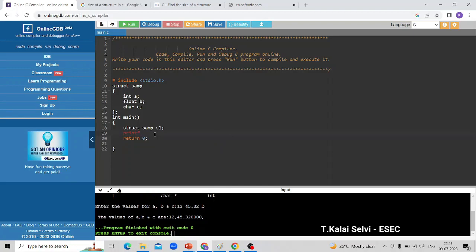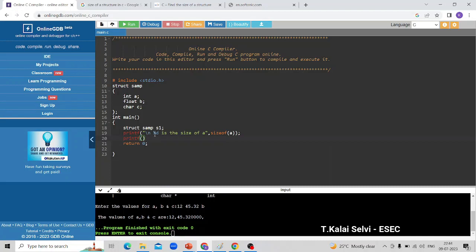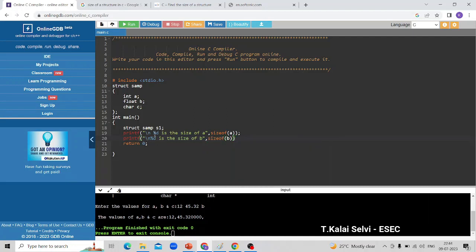So here we can print the size of each and every data member. printf("%d is the size of A", sizeof(A)); next, enter \n. printf("%d is the size of B", sizeof(B));